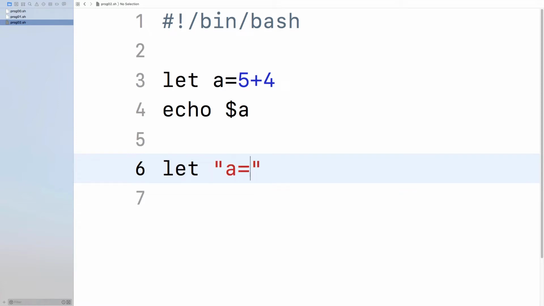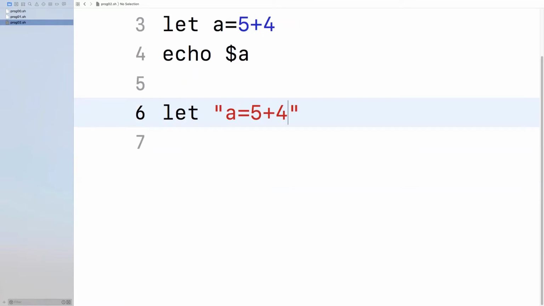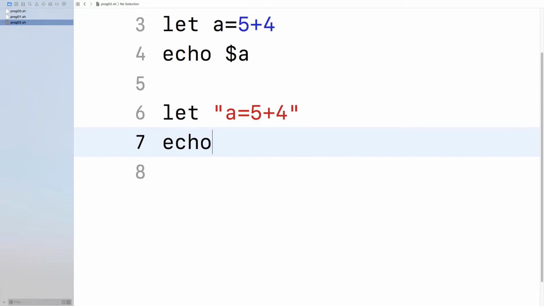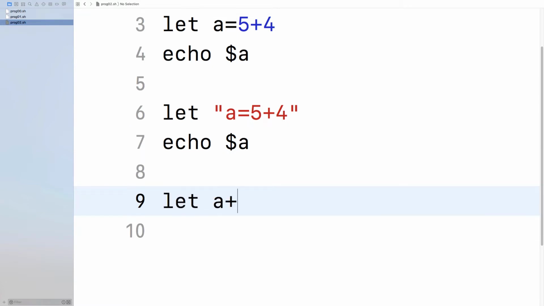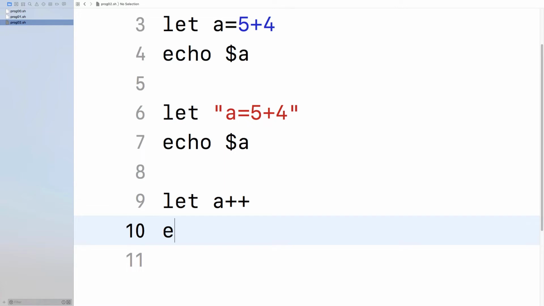We are seeing the various ways to write expressions, and in advance I don't know how many of these are valid. We are just going to do trial and error. Okay, echo $a. Third one is let a plus plus, echo $a.